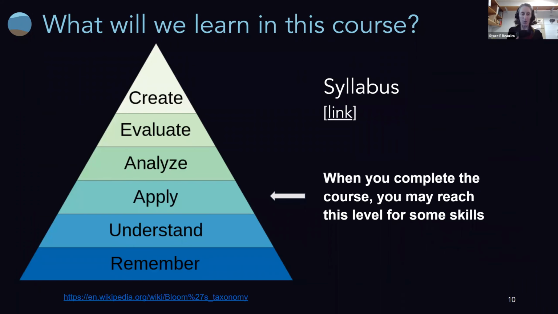In terms of what level you can expect to learn in this course, here we're using the Bloom's taxonomy of learning, in which we have a base layer in which we remember concepts. And if we can, we get as high up in this triangle or pyramid as we can towards being able to apply knowledge in our own context. So when you complete this series of training sessions, we hope that you may reach the level to be able to apply the practices to your own research.